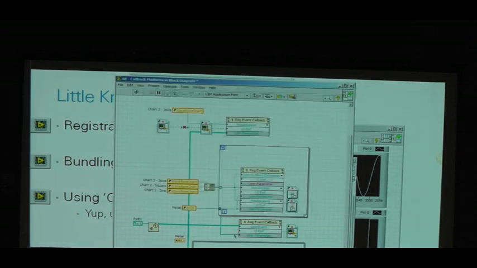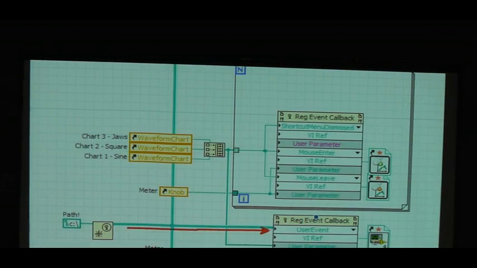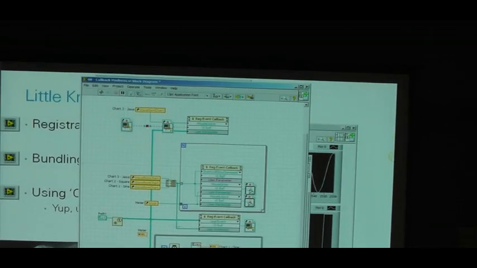But now whenever I fire that, or very similar down here, one of those things that you can do as well is it also responds to user events, if I haven't already mentioned that. And so now, when I call this VI over here,